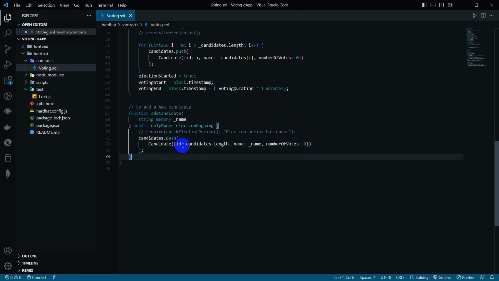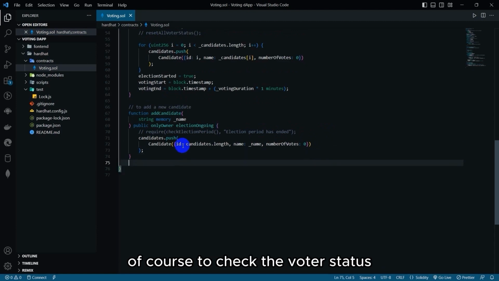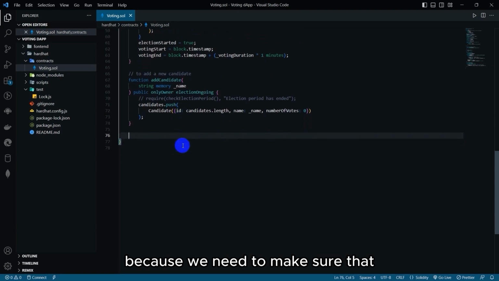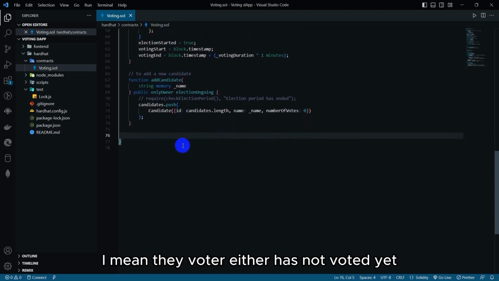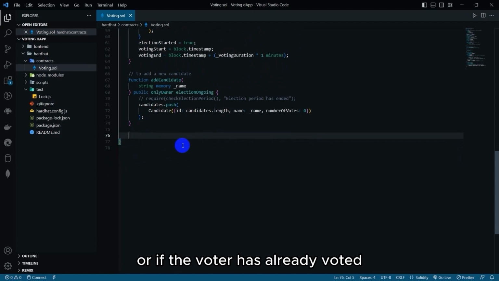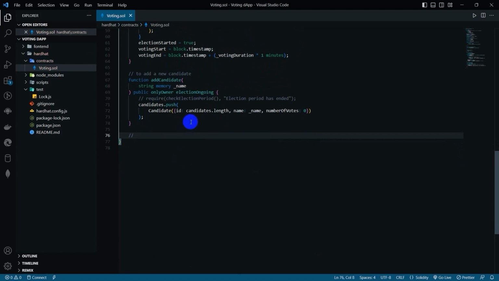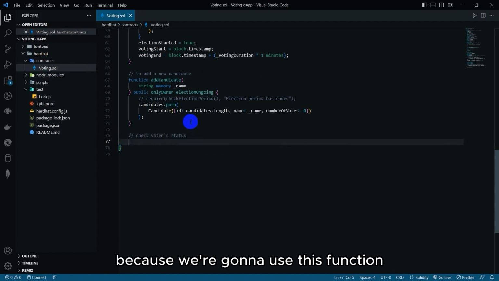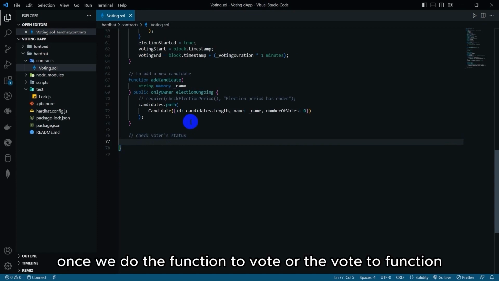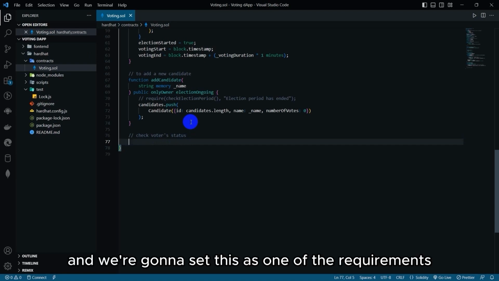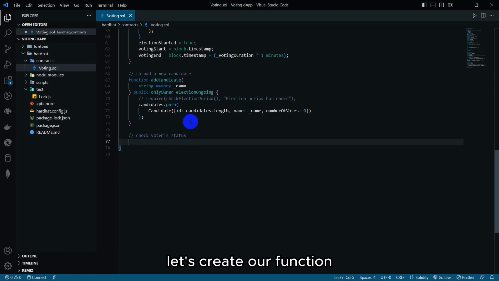There it goes. And the next function that we're going to create is, of course, to check the voter status, because we need to make sure whether the voter has not voted yet, or if the voter has already voted. And to do that, I'm going to create a function. Let me just put a comment, check voter status there, because we're going to use this function once we do the vote to function, and we're going to set this as one of the requirements. So let's go. Let's create our function